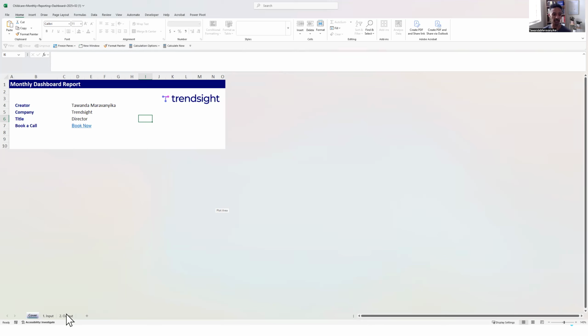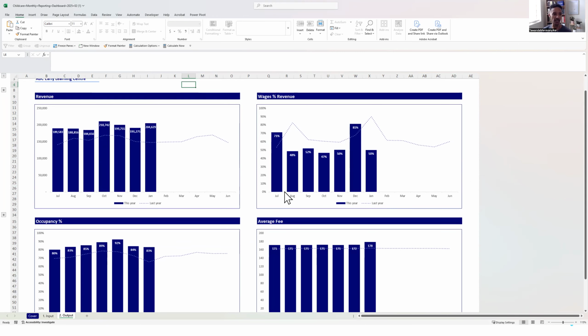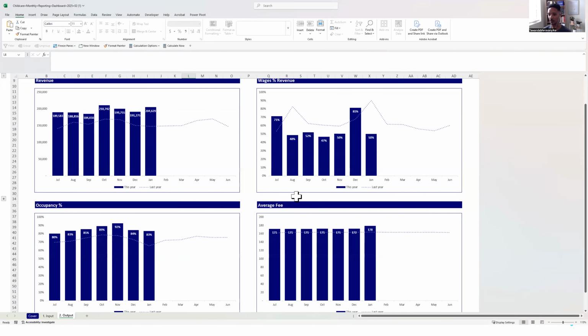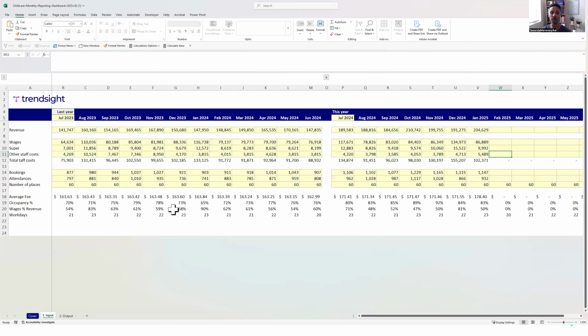What we want to produce is something that looks like this. So this is one I prepared earlier. And as you can see, we've got a few key things in here: how your revenue's tracked over time, your wages as a percentage of revenue, and then also occupancy and average fees. So how do we get this to produce this really good result? So we're going to go to our input tab over here. And this may look a little chaotic. And if you're not a big fan of numbers, you may be thinking, wow, that seems like a lot. But it is quite simple once you get your head around it. So the first thing,